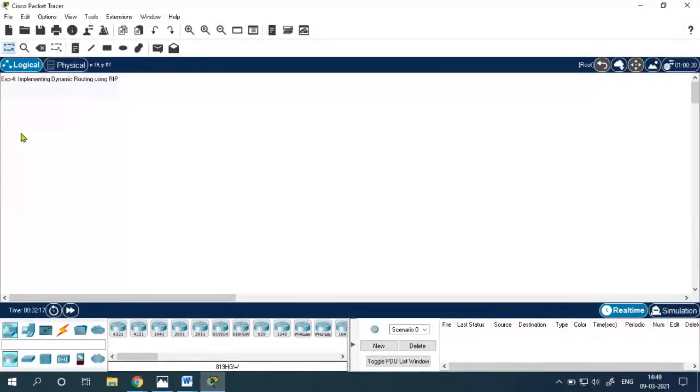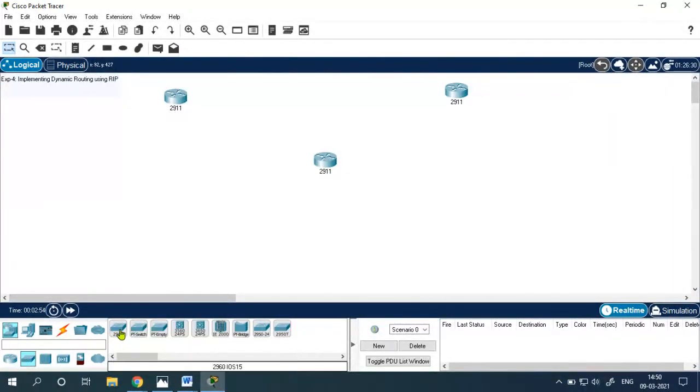So for that we need routers. Let me select the router, and this time I'm going to take router 1, this is our router 2 and router 3. Okay, fine, this triangle will be made. For your easy understanding, let it be only 3 routers.